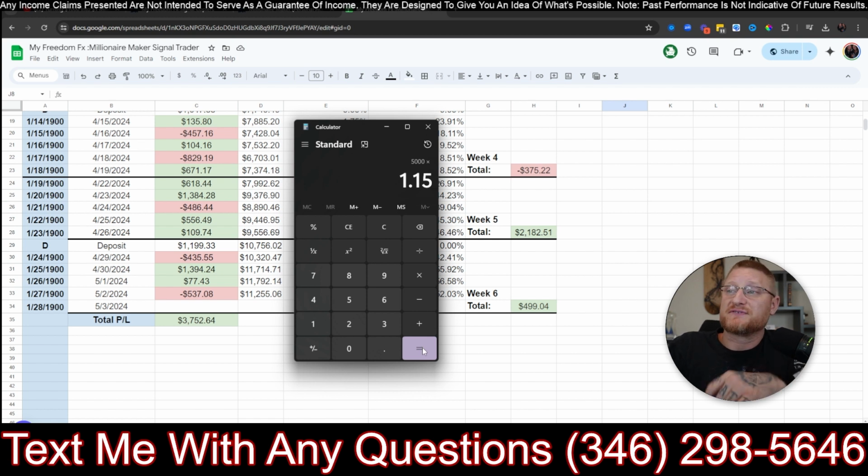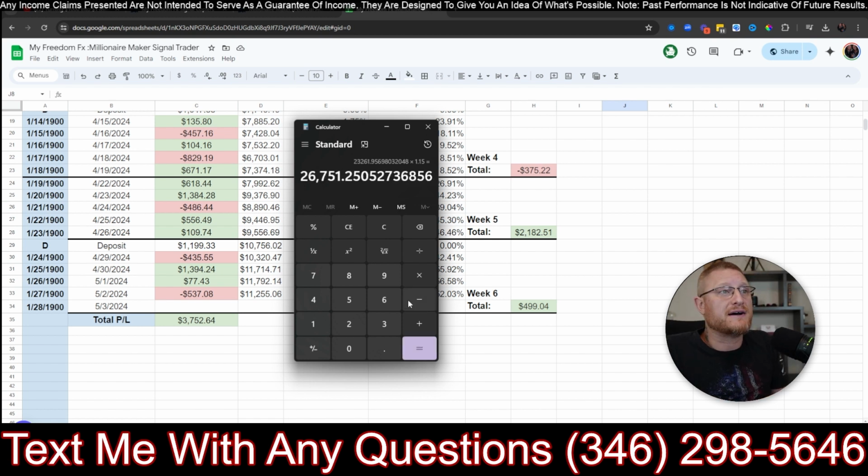I'll show you, you'll understand how compounding works when we look at this. So let's do this for 12 months. 1, 2, 3, 4, 5, 6, 7, 8, 9, 10, 11, 12. So on 12 months, that $5,000 has made its way up to $26,000 with a 15% gain. That's on the low end that we're hoping for. Now let's do another 12 months. 1, 2, 3, 4, 5, 6, 7, 8, 9, 10, 11, 12.